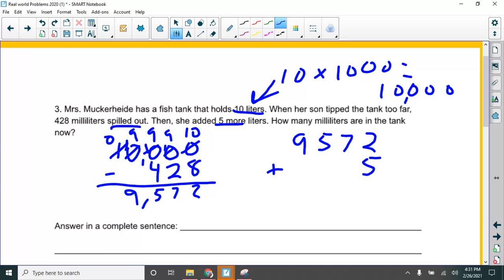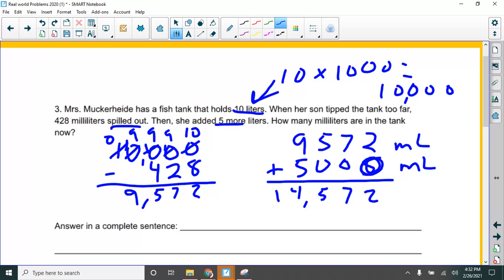Can I do that? No, this is milliliters. And I can't add liters to that. I need to add 5,000. 5,000. Because we have to add milliliters plus milliliters. Okay, and then we would add that up